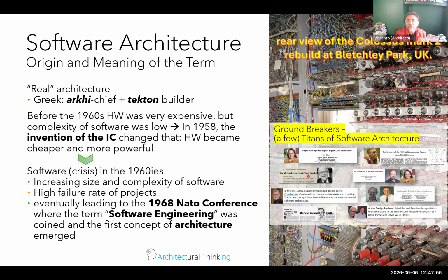One of the things that I often refer to, for example, is Larry Constantine. Nowadays it's very difficult to talk about architecture without talking about coupling and decoupling and dependencies. And the person that originated the concept of cohesion and coupling was Larry Constantine. I think it's really important to give credit. Some others, Perry and Wolf, I'll talk a little bit about them in the definitions in the next slide. But it's always interesting to understand where some of the pivotal concepts in the field of architecture have emerged from and who were the originators.